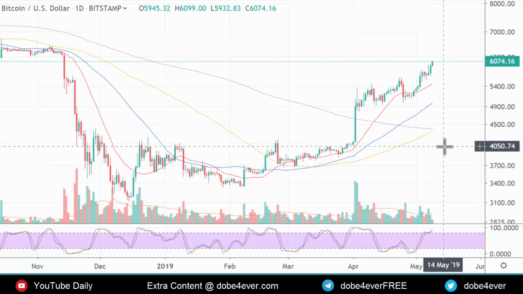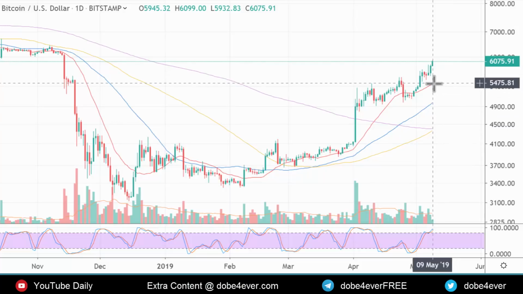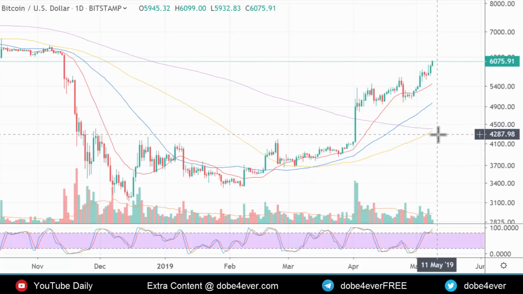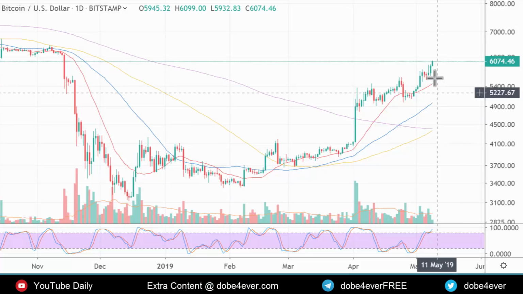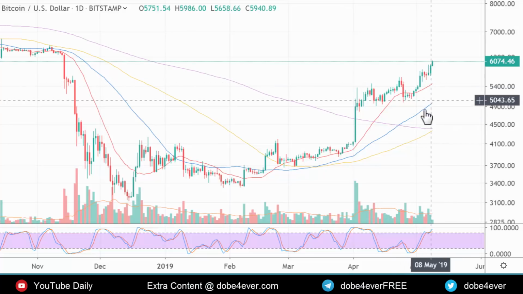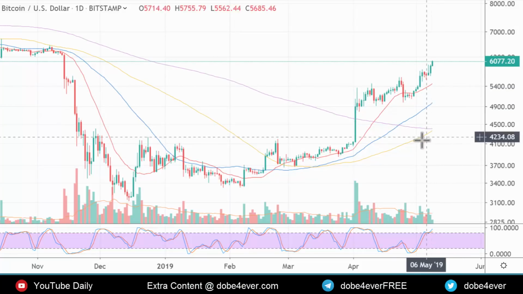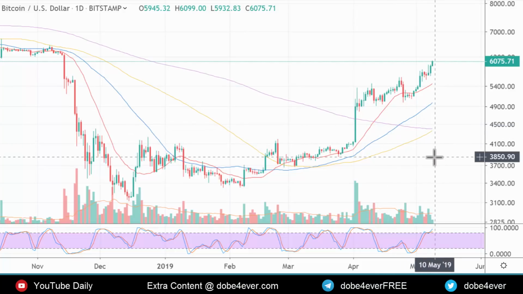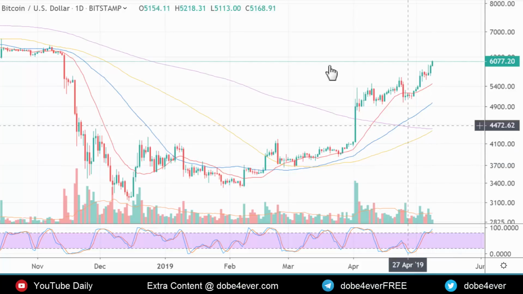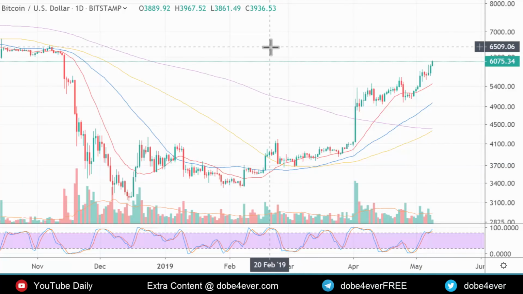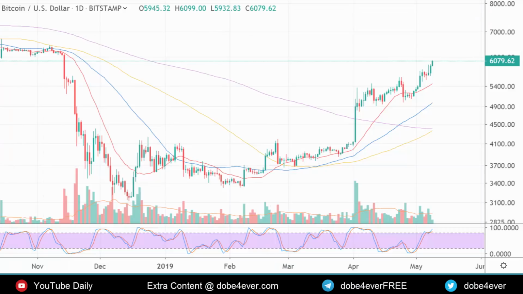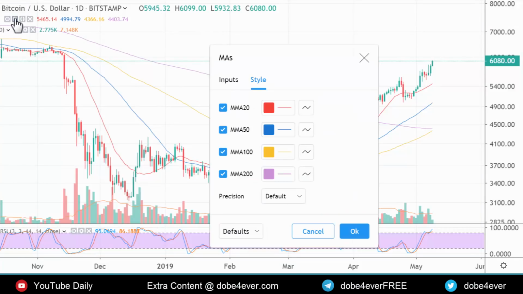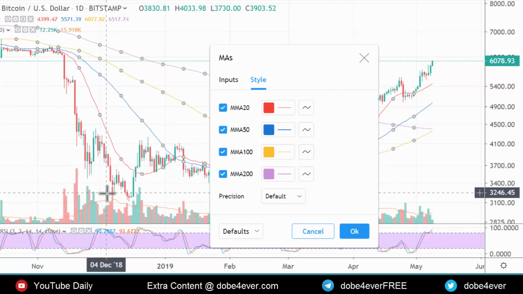moving averages in sequence, which means from the smallest to the longest. The red one is 20, blue one is 50, yellow one is 100, and purple is 200. These are the standard moving averages that traders use. I'm using this indicator, called All Moving Averages in One single indicator, and you